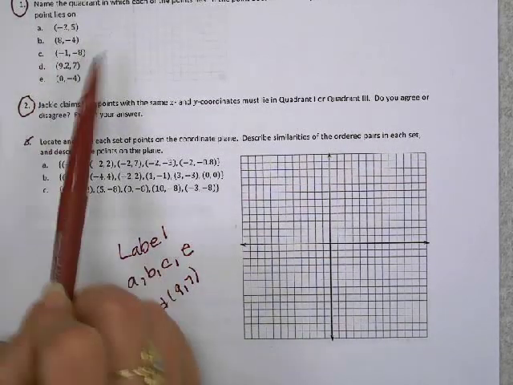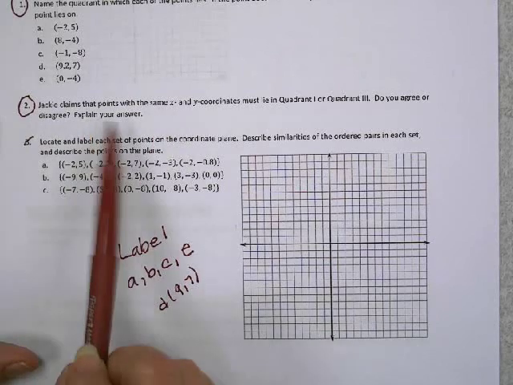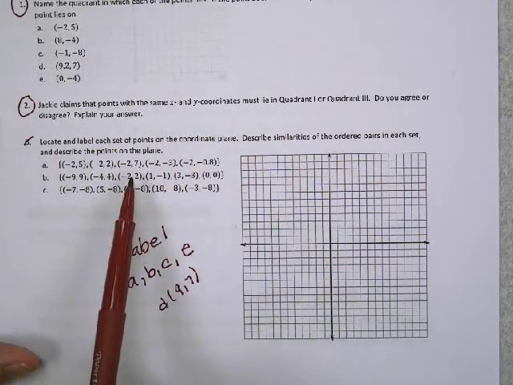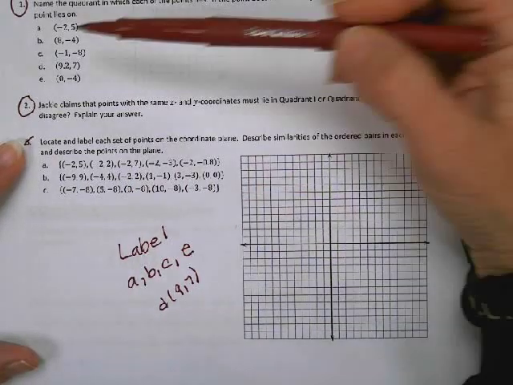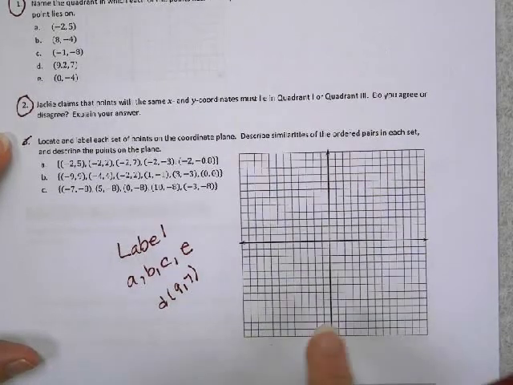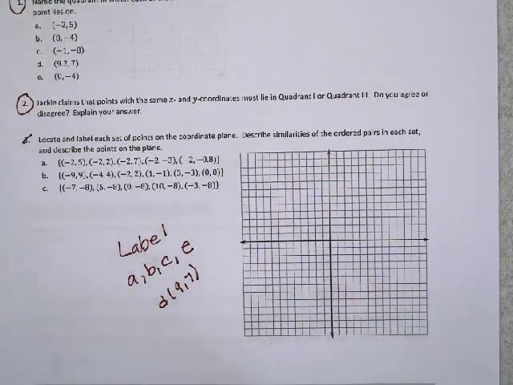So again, you're going to do number 1, name the quadrant. Number 2, read Jackie's claim, tell whether you agree or disagree, and explain. You're not doing the number 3, but you are labeling A, B, C, and E, and then also D as 9, 7 on this coordinate plane. When you finish that,